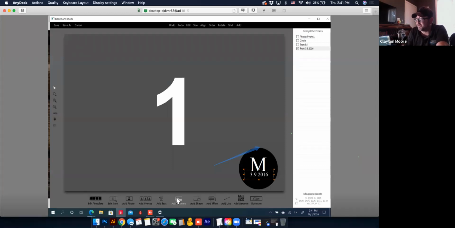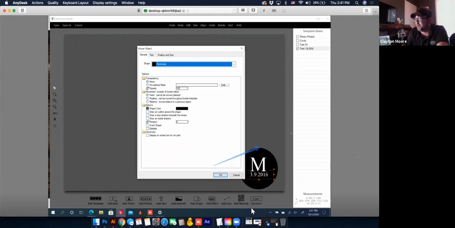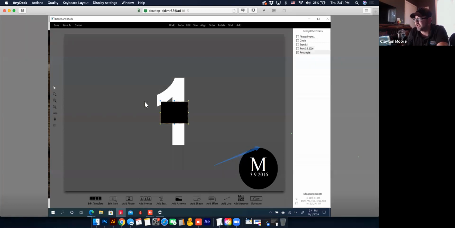If you want to add other things, let's say you want to add a frame into this, you would have to do the shape again. Wally might be able to tell me something different that I don't know about on this part, but let's say you want to use a frame going all the way around. The way that I would do it is